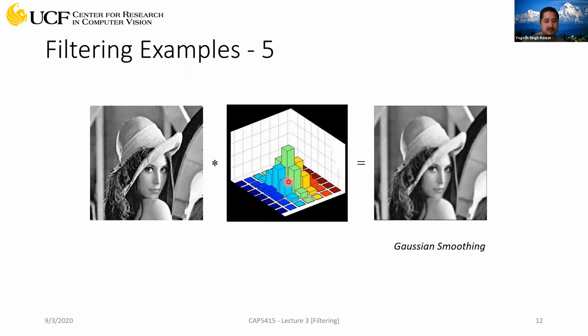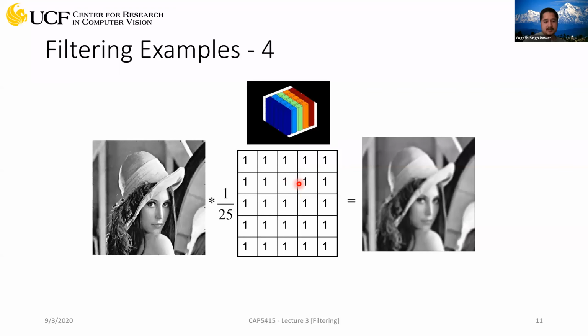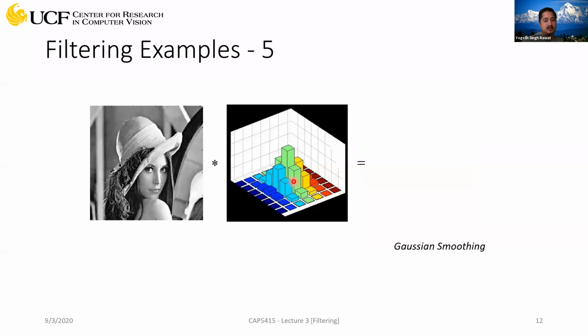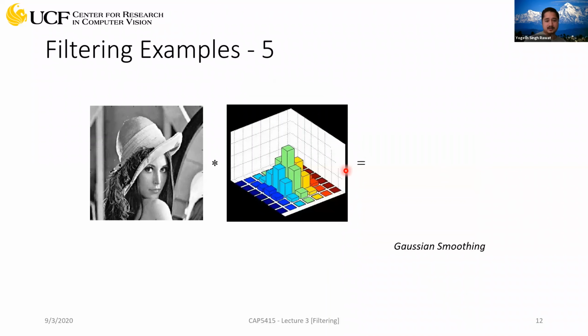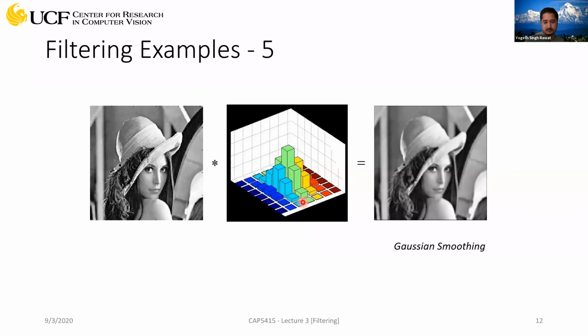The difference between this and the previous filter is that in this case, more weightage is given to the current pixel, and as you move away from the center pixel, the weight goes down. So again, this is a weighted average, but the weight is higher when you are close to the center position. That's why it's a better smoothing operation, and it's not causing that much blur. In the last one you saw, if you use a 5x5 filter, there was a lot of blur. In this case, it's also a 5x5 filter, but it's just making it smooth.